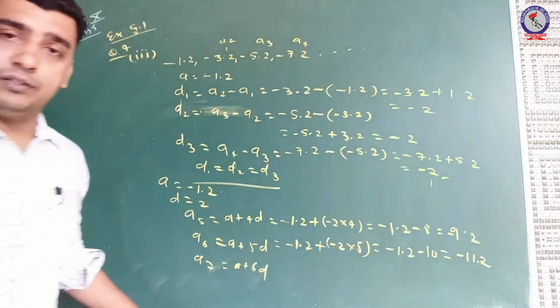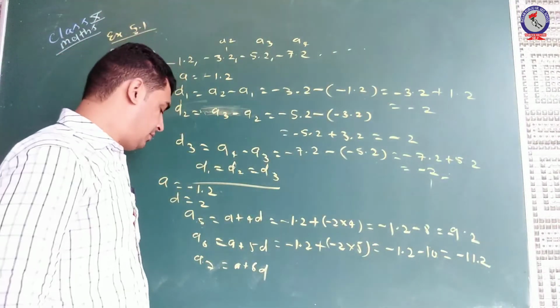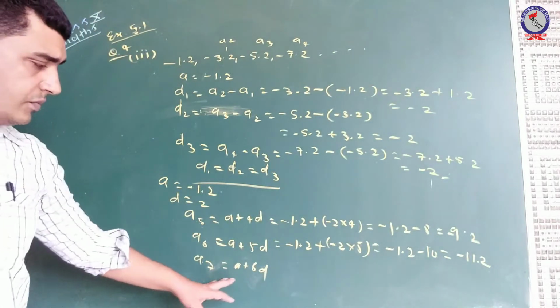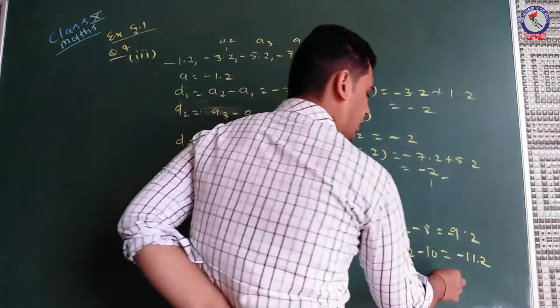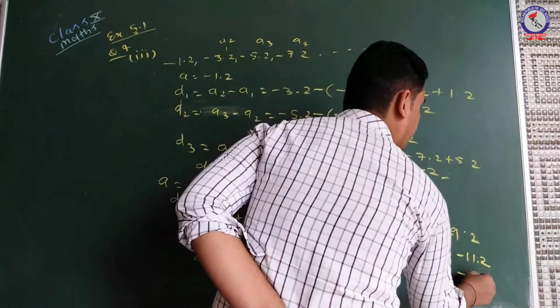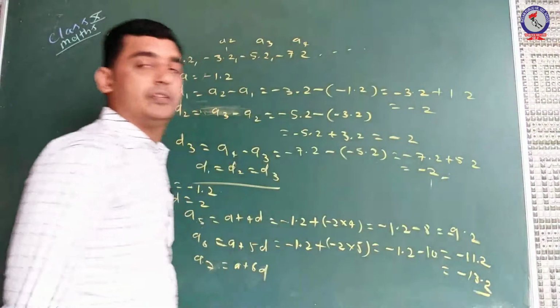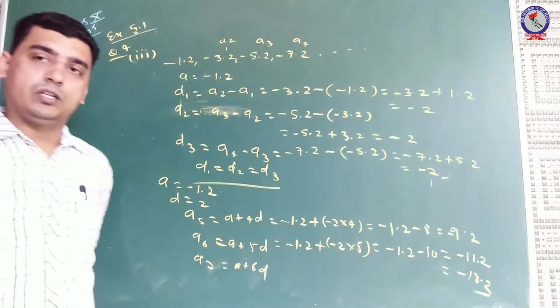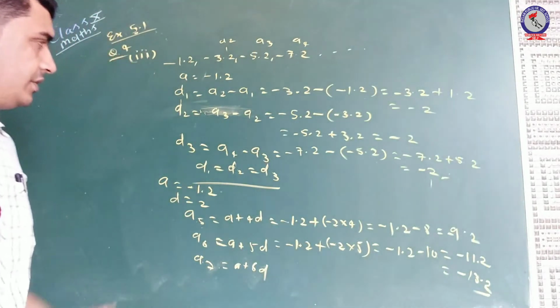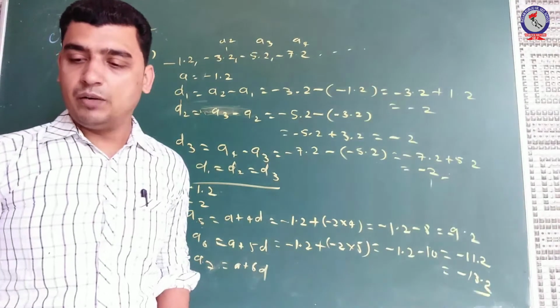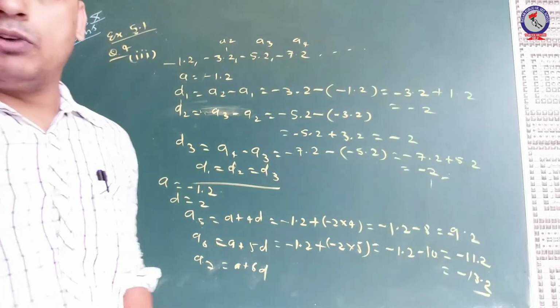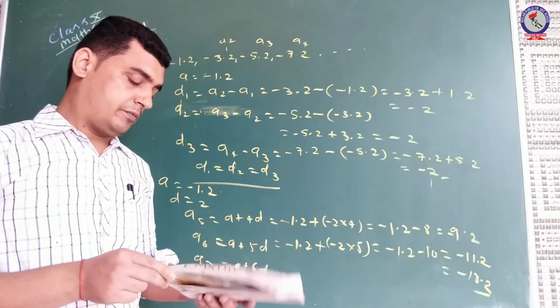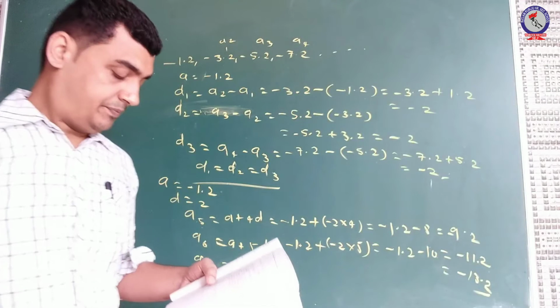And if you find these, then A plus 6D will be, it means, minus 13/2. This will be the answer. Okay, I hope this question was understood well by you. Now among these, I will tell you the hints for the questions that look a bit tough, then you can complete them.